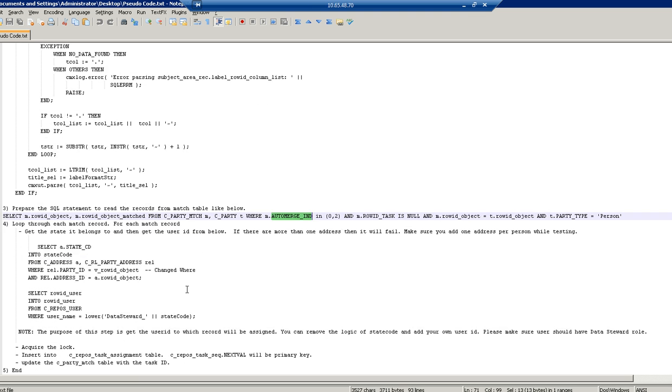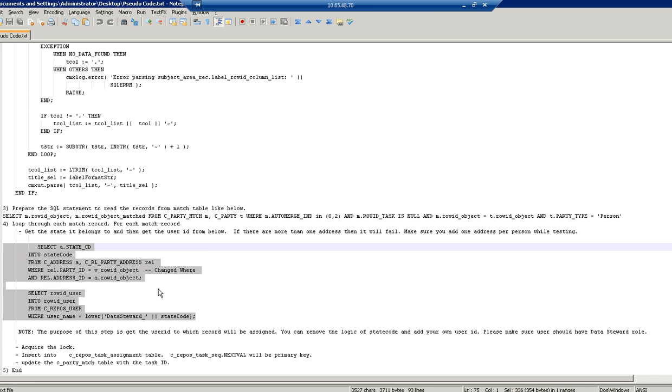Now the fourth step is to assign the user: get the user ID and then assign it to the role. In order to get the user ID, we have taken the logic that the user already exists in the hub console or in the MDM and is suffixed with the state code. So if the record has a state code of CA, California, then the data steward user ending in CA already exists in the MDM. You can twist this logic. You can directly give any other user ID, administrator or any other user ID. It is just an example of how you can do it.